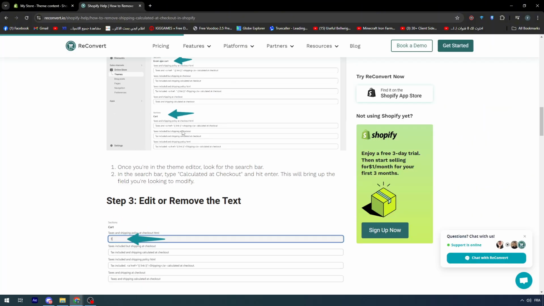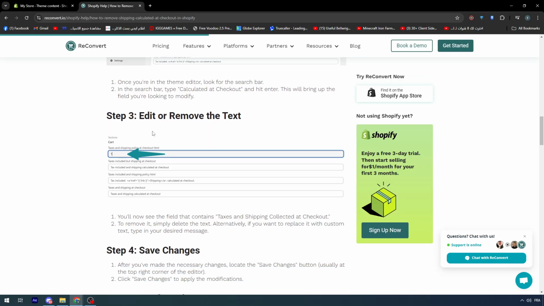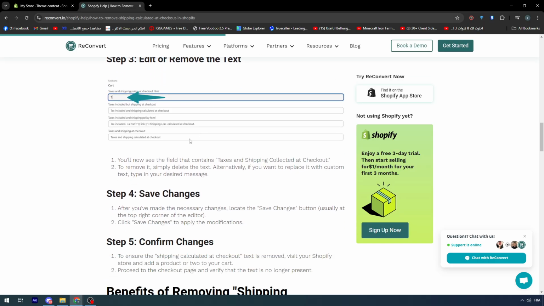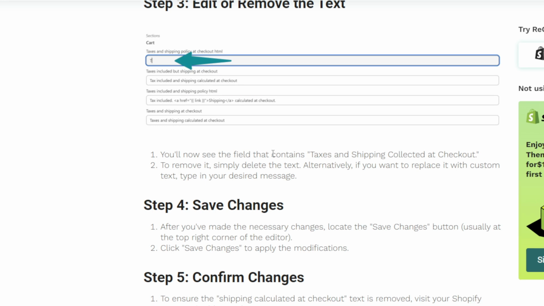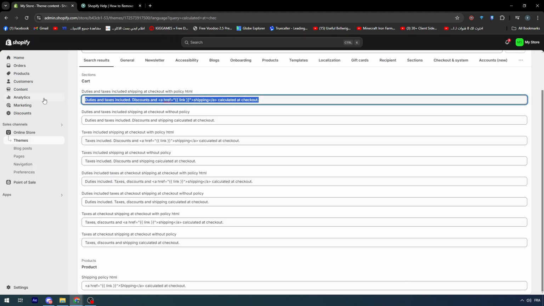As you can see in this article, once you are in the theme editor, you will have to edit or remove the text. You will now see the field that contains "taxes and shipping collected at checkout." To remove it, simply delete the text. Alternatively, if you want to replace it with a custom text, type in your desired message. So for example, we could remove it in general, so we can delete